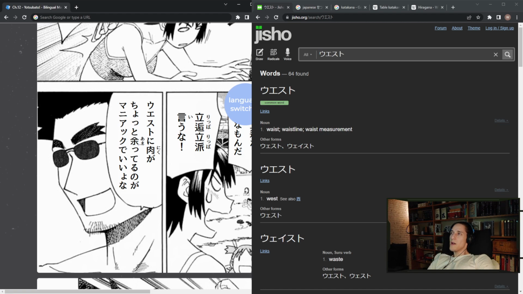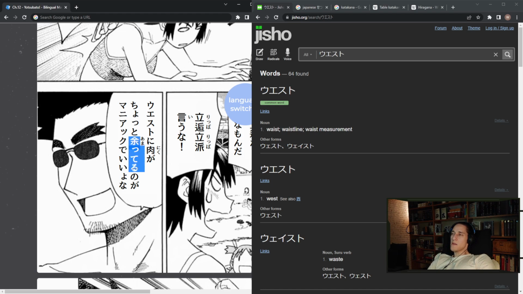chotto amatteiru no ga. Okay, so this is a particle of placement with present continuous iru. So basically this is, I'm not sure what amaru means, but amatte iru will mean something like have or is, but